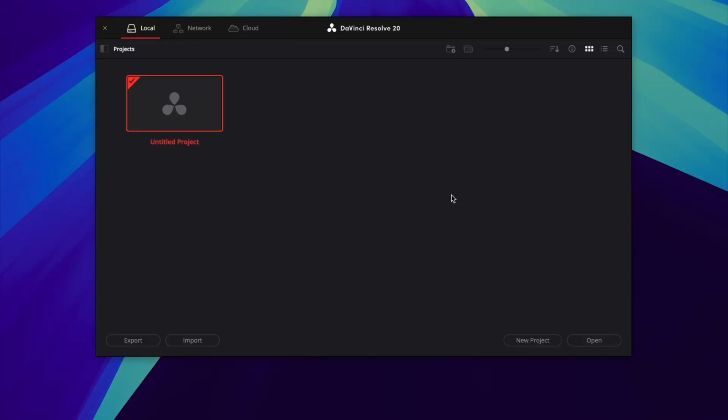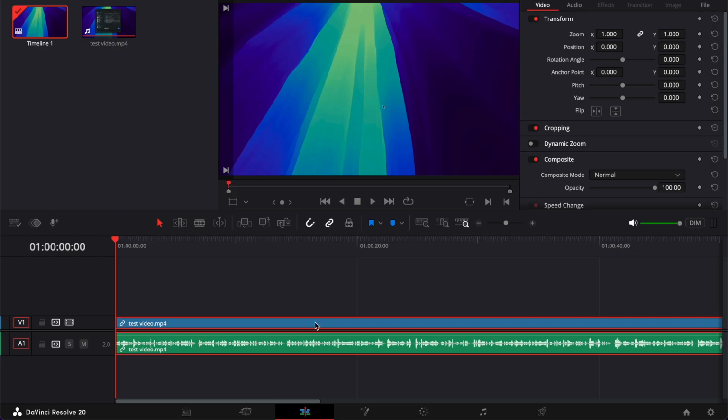Let me go ahead and quickly show you how you can fix your audio only coming from one side of your video file. Okay, so you're probably going to have this issue for all of the different clips that you have. So what you want to do is go ahead and right click on any file that